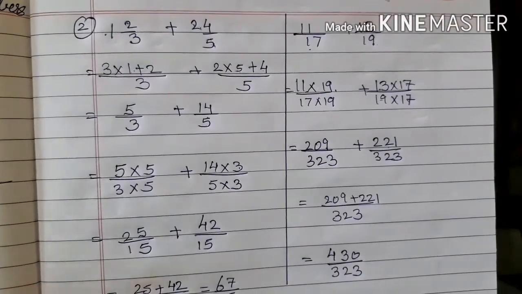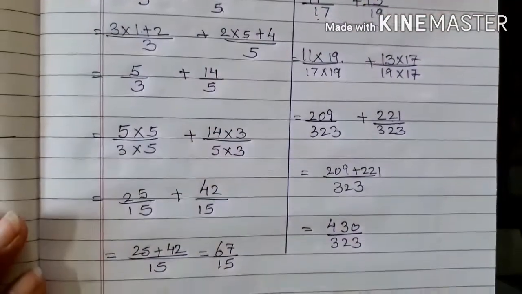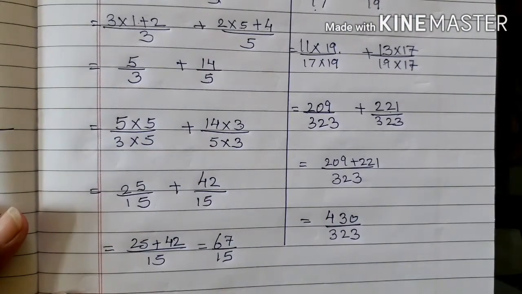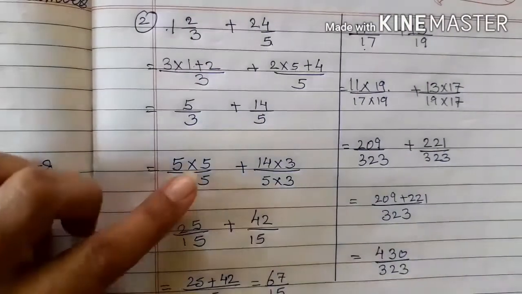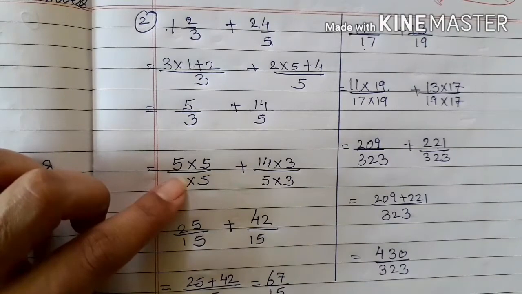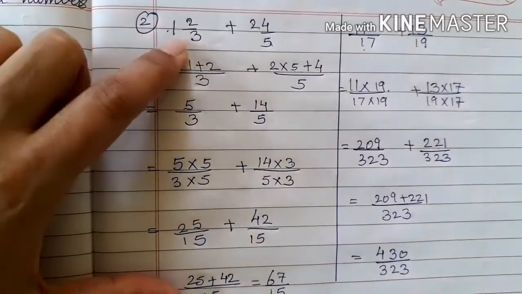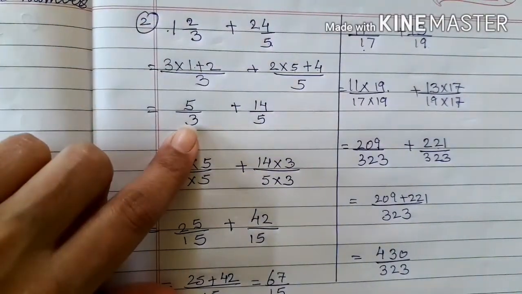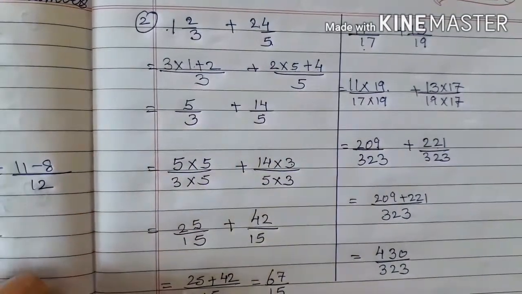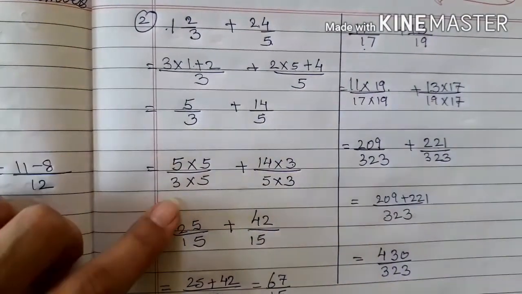These sums are very easy. If last year your sums were clear with you all, then this year you won't face any problem. Both sums of this question are the same, so you all can solve it from the textbook. It is first a mixed fraction, and then we have to change it into a simple fraction and then solve it. Fourth sum of this exercise.